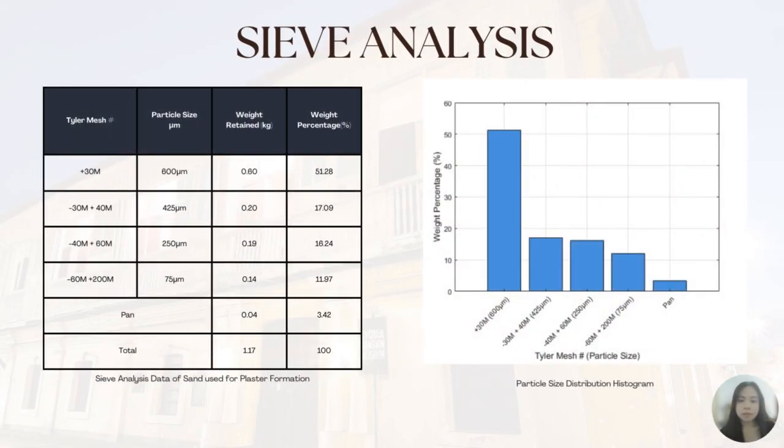extracted plaster. The sieve analysis of the sand used in the plaster showed that 51.28% of the particles were larger than 600 micrometers, indicating coarse sand and aggregates contribute to the plaster's strength. Intermediate sized particles made up 45.4%, improving packing density and mechanical strength. Only 3.42% were fine particles, reducing shrinkage and cracking. The well graded sand, confirmed by the particle size distribution histogram, is ideal for plaster applications, improving workability, strength, and